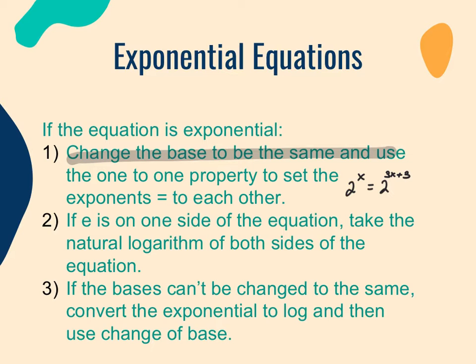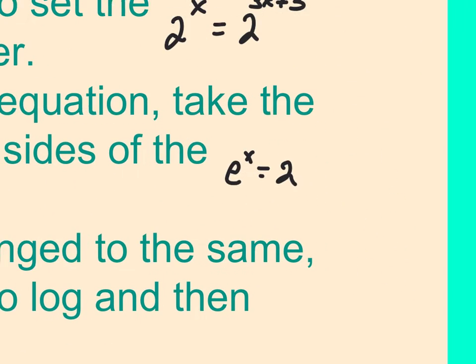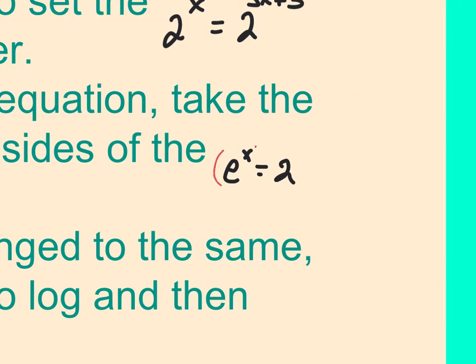The second type is if e is on one side of the equation, you want to take the natural log of both sides of the equation to eliminate the e. So we are going to make ln a verb. We are going to ln both sides of the equation. So if I have something like e to the x equals 2, in order to solve that, we ln both sides of the equation,